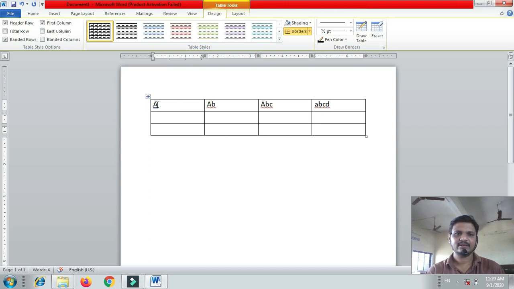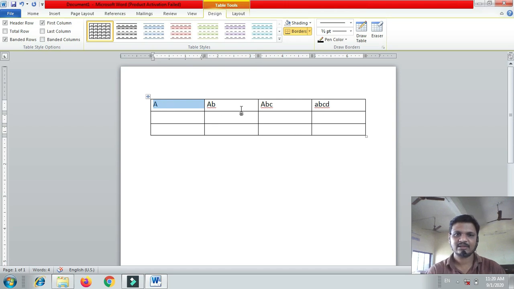Now the A alphabet is in one particular cell, this box. This box is called a cell, which is the intersection of a row and a column.